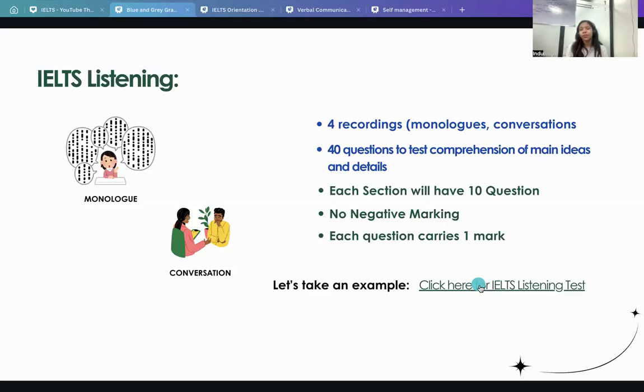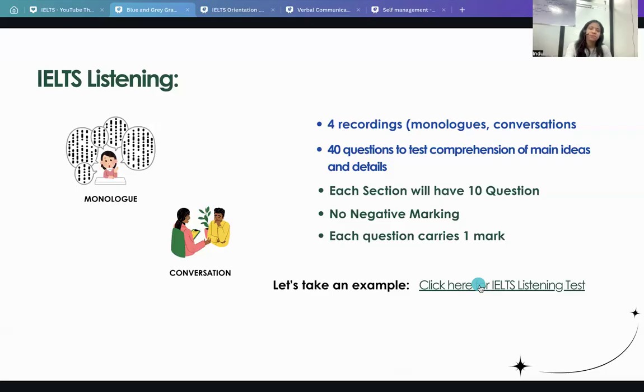A monologue is rather a speech or a lecture. So one person keeps speaking. They normally are talking about something that has some interesting topic discussed at length, and then they will give you questions based on the same audio, and you have to find the answers for this from the fill-ups that you